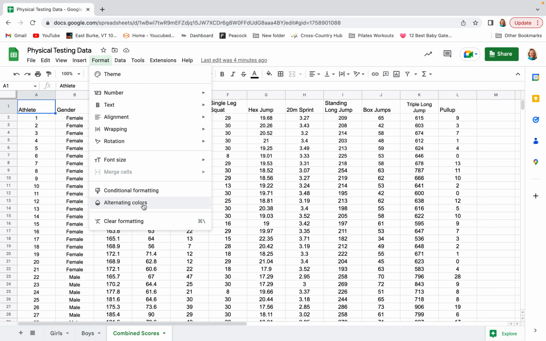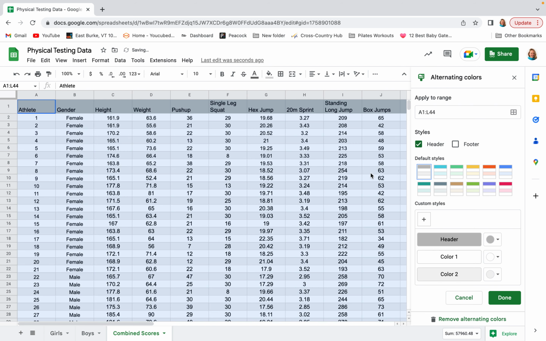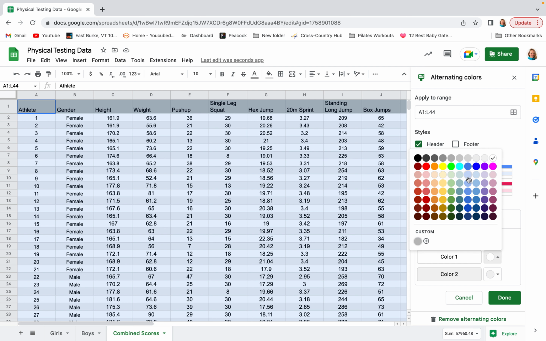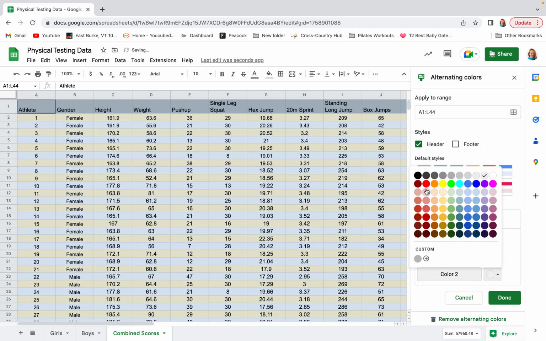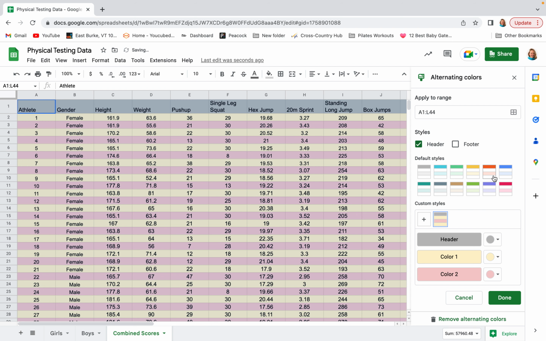We just go to the Format button, we can push alternating colors, and this allows us to choose the different colors that we want. You could even choose your own color scheme, if you want yellow and red or something like this, or you can just choose one of the default ones, and then when we push done,